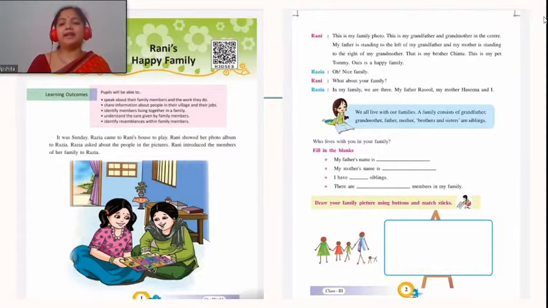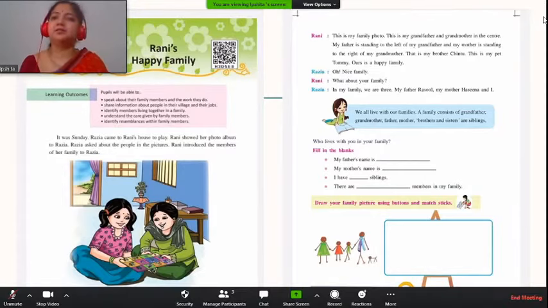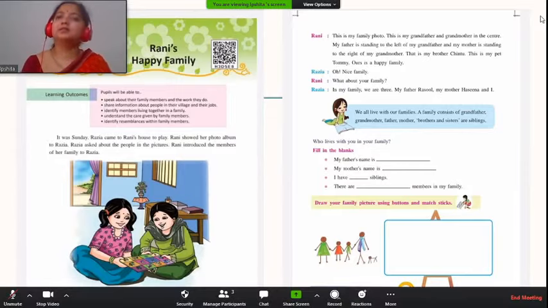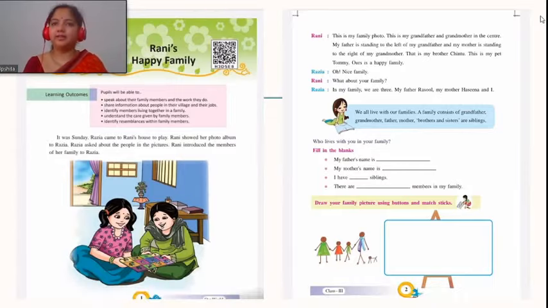Now, who all are there in our families? In my family, there are 4 members. My mother, my father. Mother, father. Okay, who else? My brother, and myself. Brother and sister. Okay. Who else are there in your family? There are my cousins and my dadu.